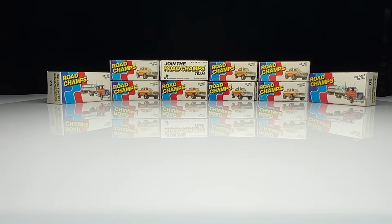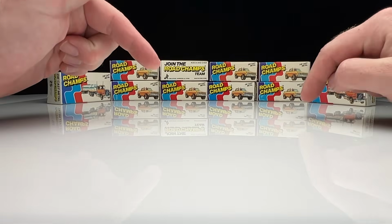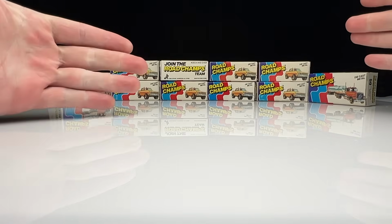So, are these pretty cool? I think they're pretty cool. I picked up these cars today. We got 10 vehicles to look at, and I picked them up today. I actually found them locally. Oddly though, I found them on eBay and then found out that I have a little bit of a diecast